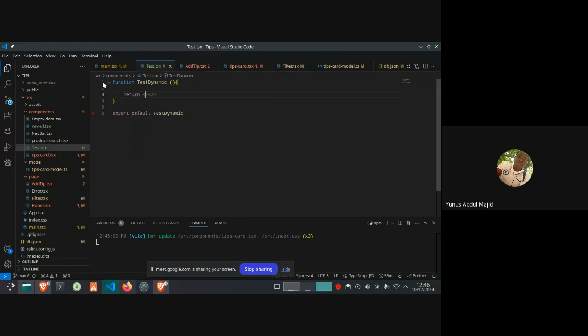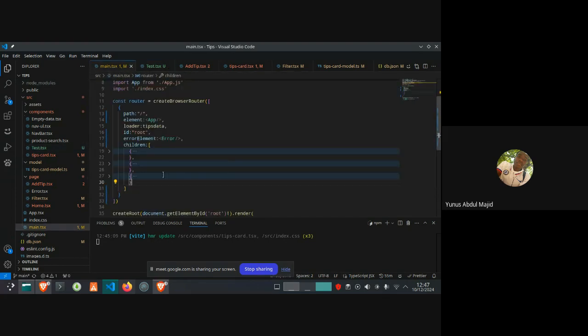What did I want to return? Let me put each one. We'll handle the return data, but let's just put this placeholder for now. Hello people. So now we will create